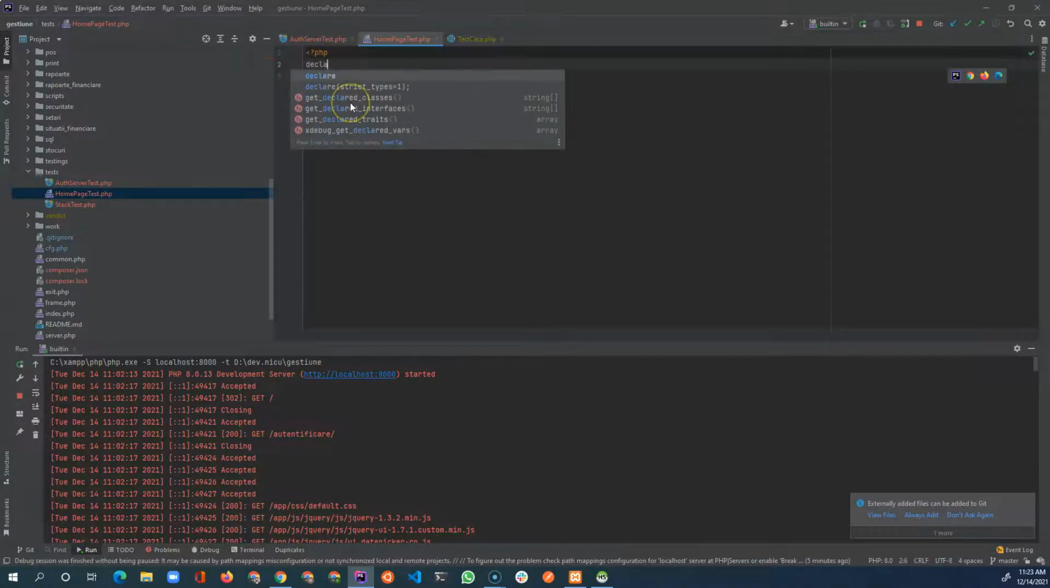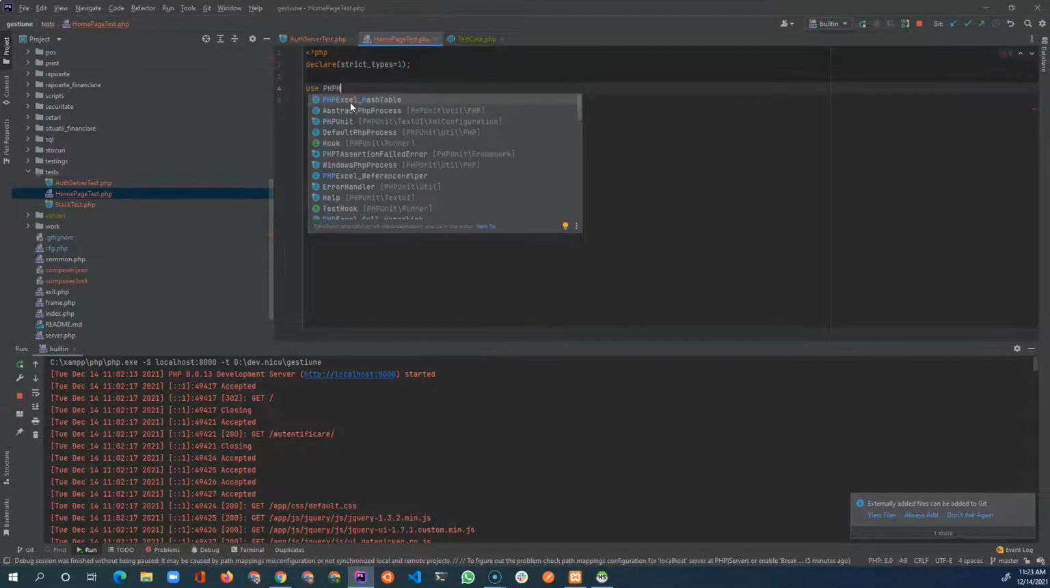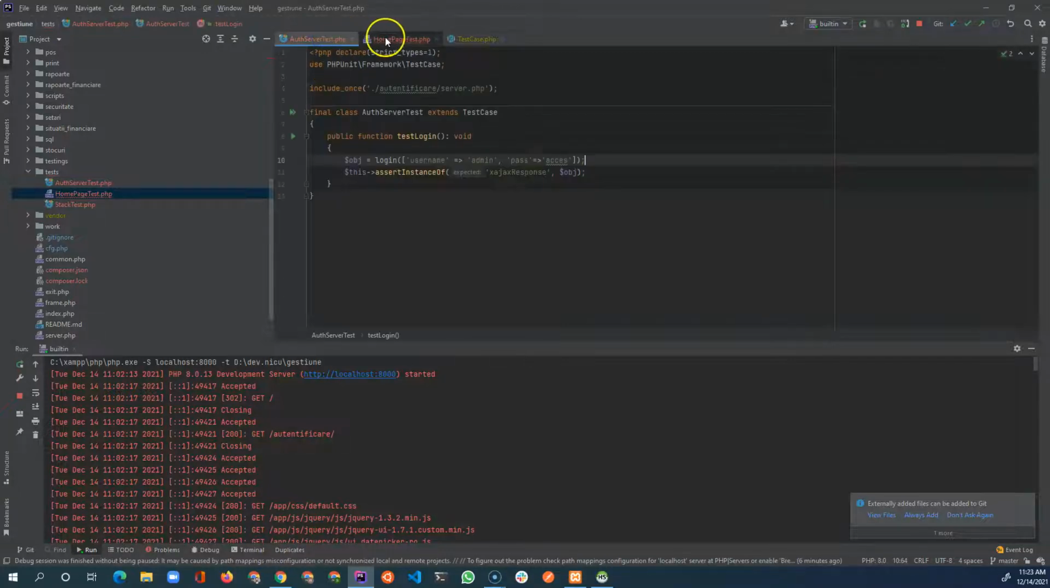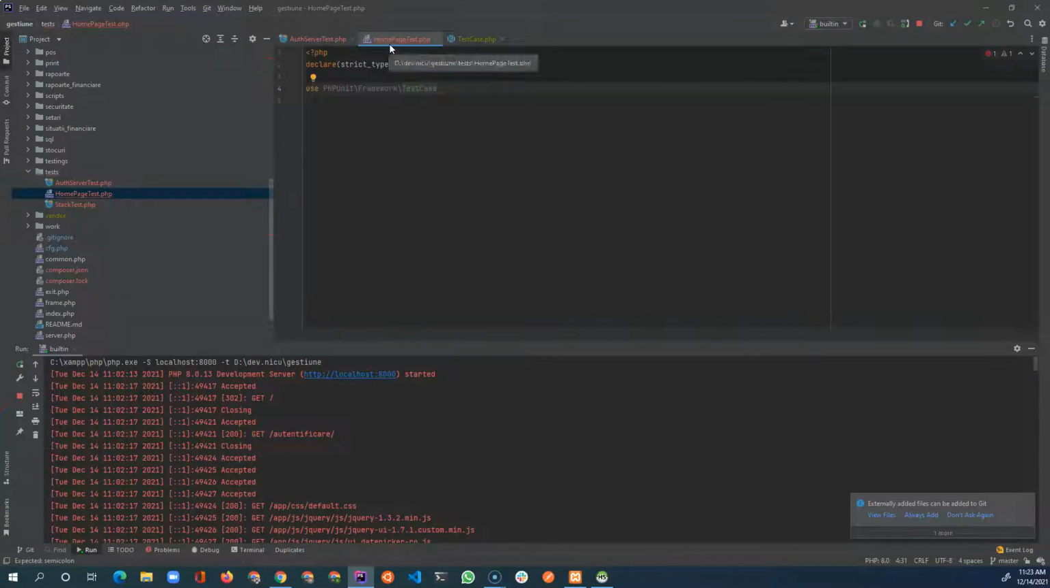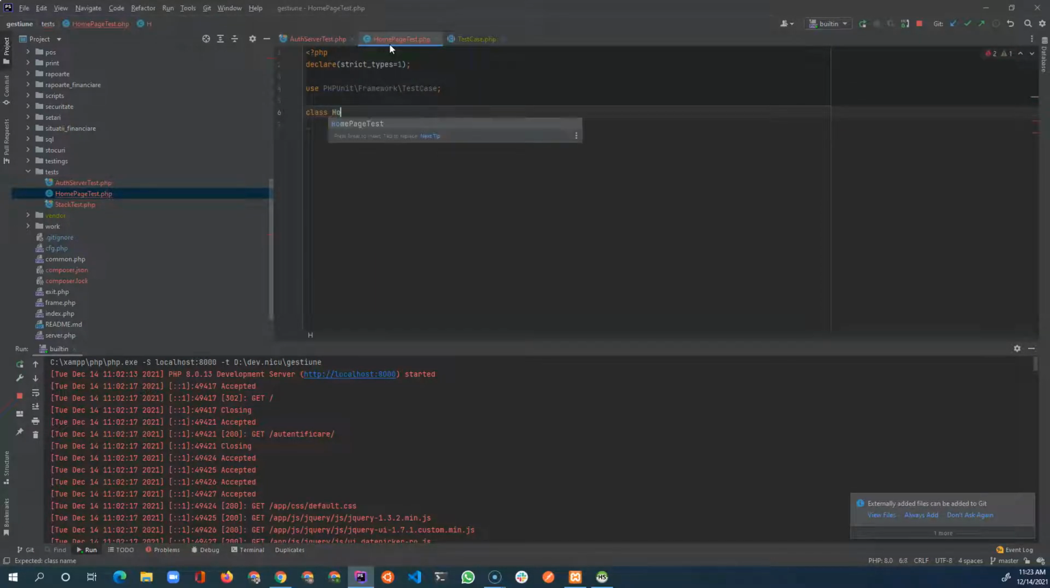Let's declare strict types equals to 1 and use the PHPUnit test case. So we need to extend from this one. Our class homepage test